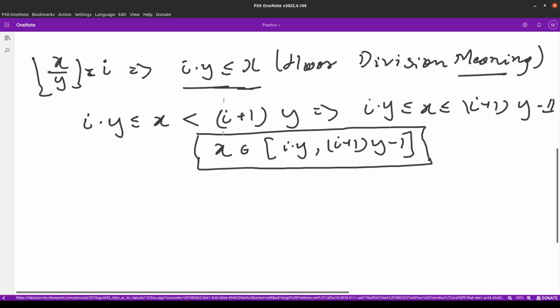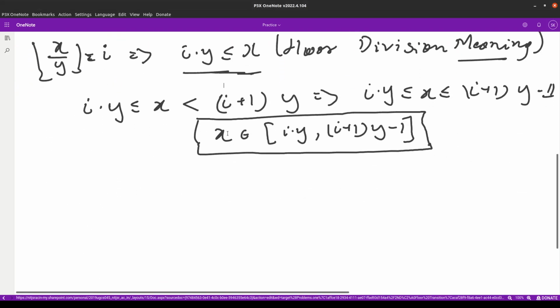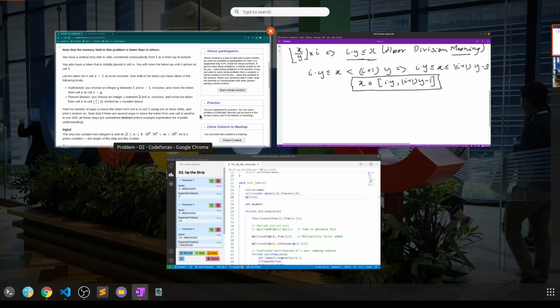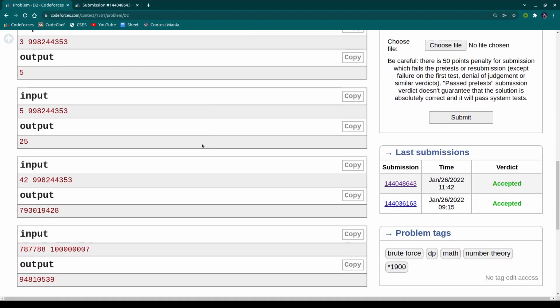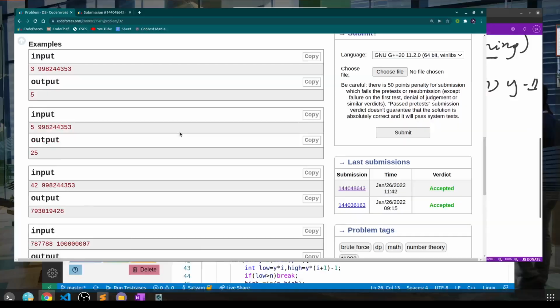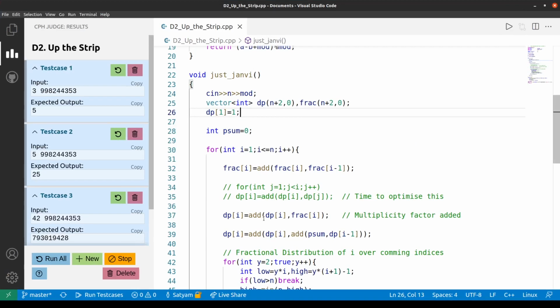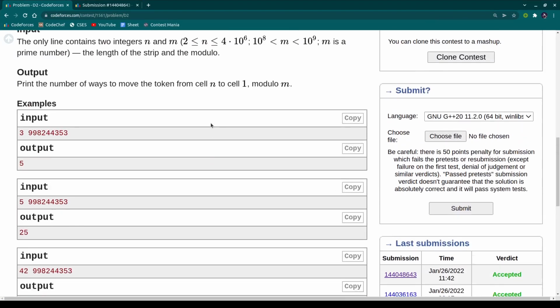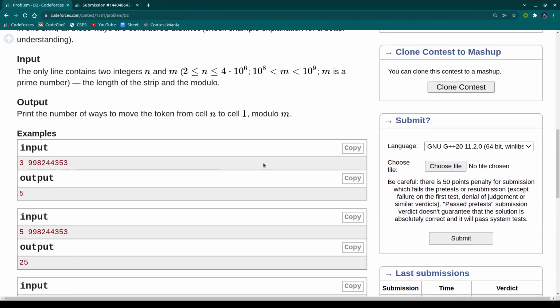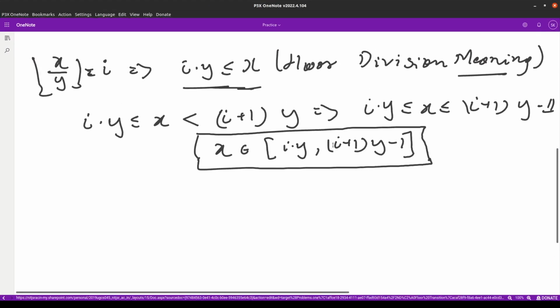So for the hard version, we only have to observe that the first equation's transition is simple and could not affect much, but the second one, which we are running in square root time, gives us the TLE, because here the n is large. So what we can do here is this from floor